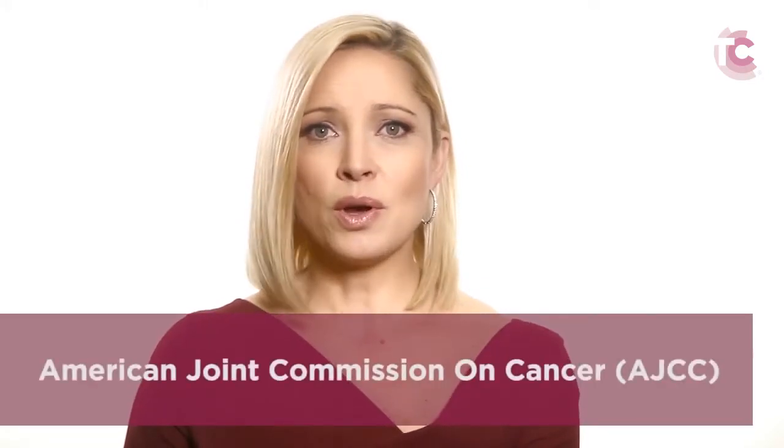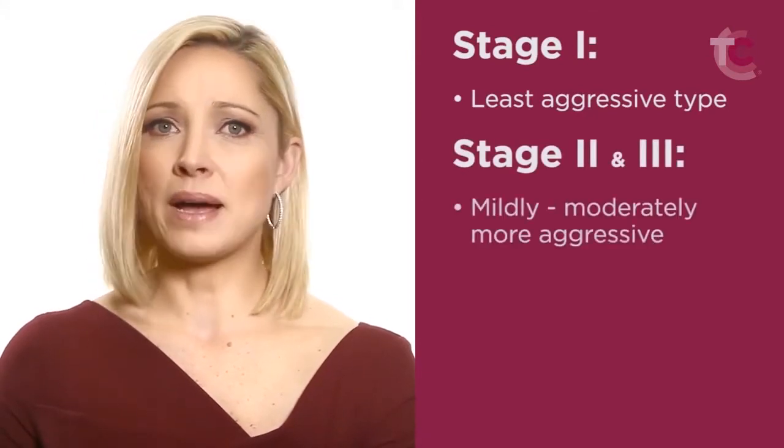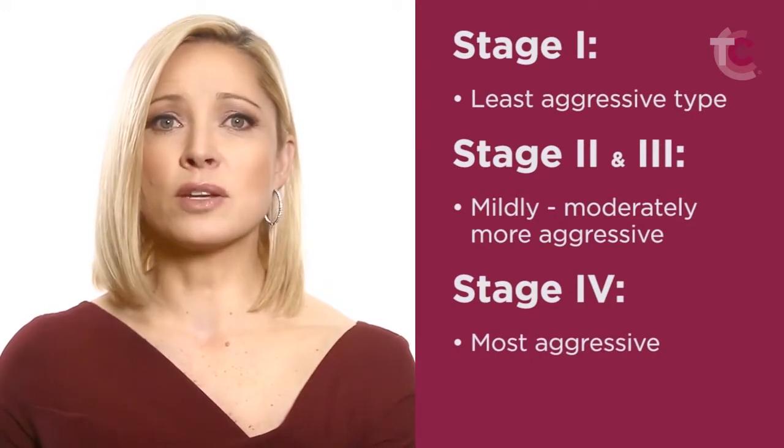To provide an understanding of the prognosis for thyroid cancer patients, physicians use a thyroid cancer-specific staging system to classify the disease. There are many different thyroid cancer staging systems that have been developed, but the one that is most commonly utilized is the one described by the American Joint Commission on Cancer, known as the AJCC. The stages are organized as follows. Stage 1 is the least aggressive type. Stages 2 and 3 are mildly to moderately more aggressive, and Stage 4 is the most aggressive and could potentially